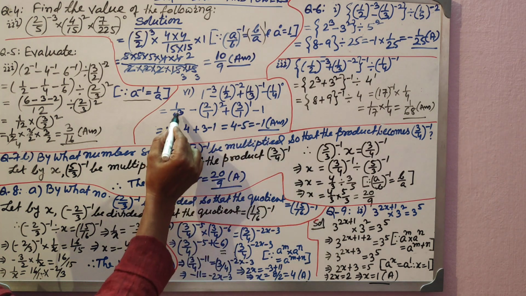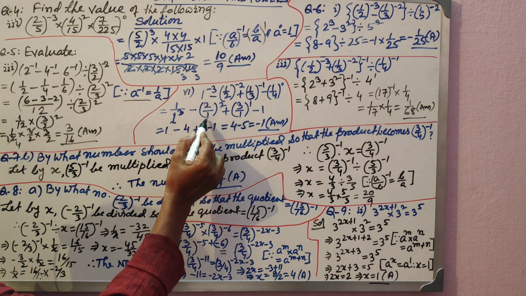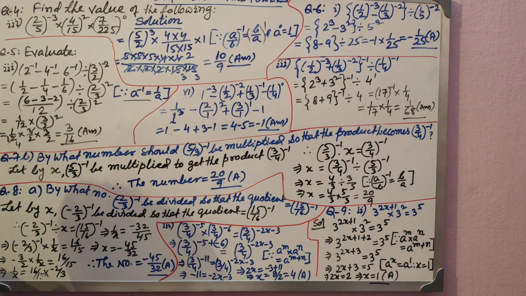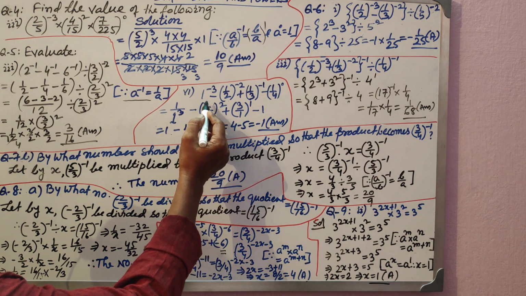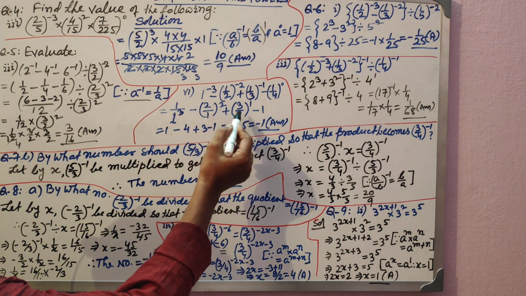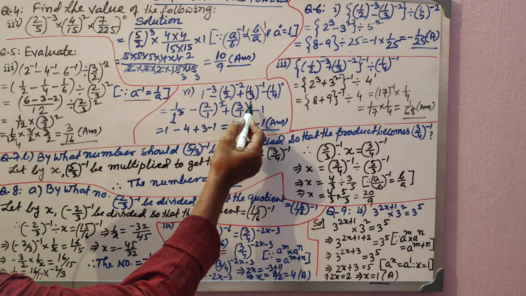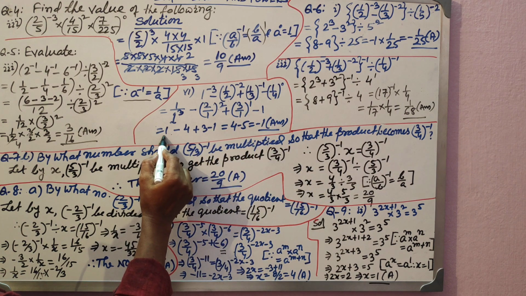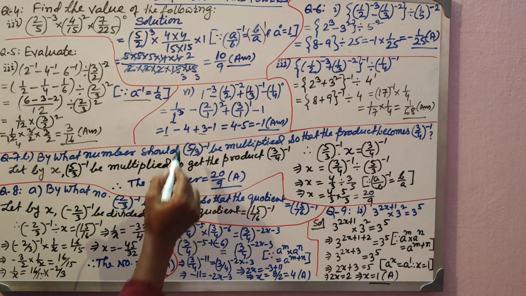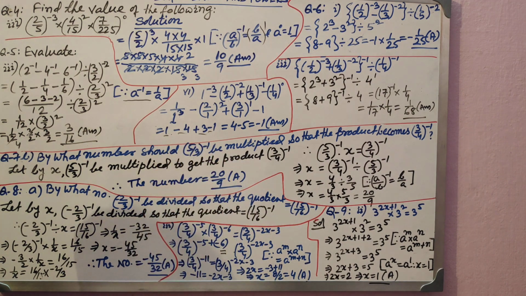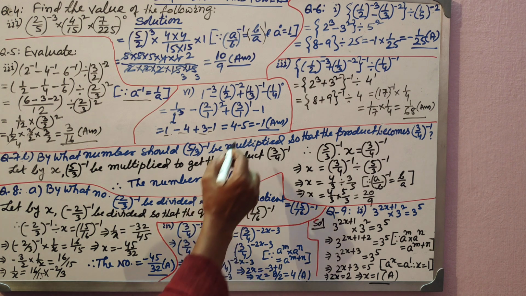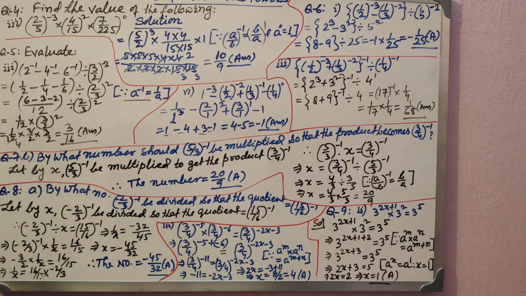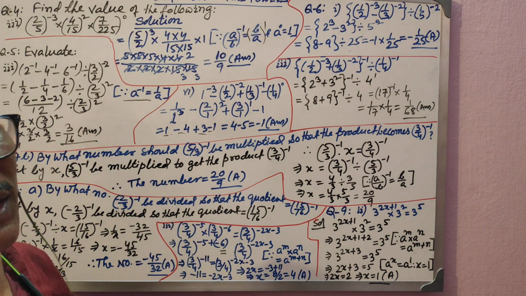That is equal to minus 1. This will become 1. Then here, denominator 1, 1 to the power anything means the value is 1, isn't it? So 2 square means 4, minus 4 it will be 3, power 1 means it will be 3 only, and this is minus 1. So now the value will become all plus: 3 plus 1 is 4, and here is minus 5. 4 minus 5 is minus 1. I hope you have understood it. Things are very simple. You need to implement the laws and you need to find out the value.